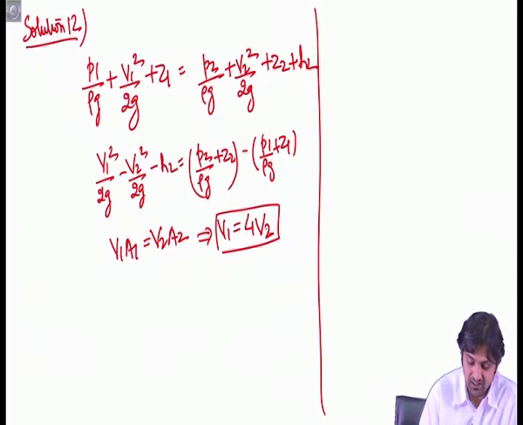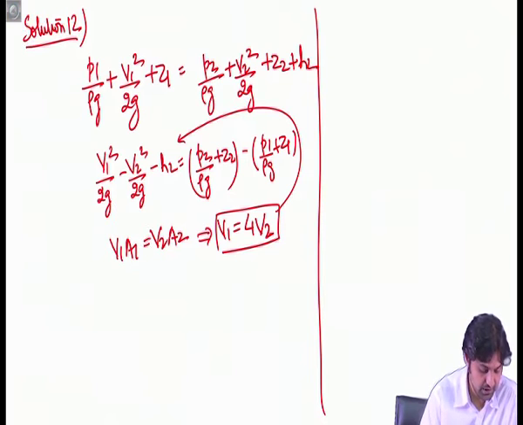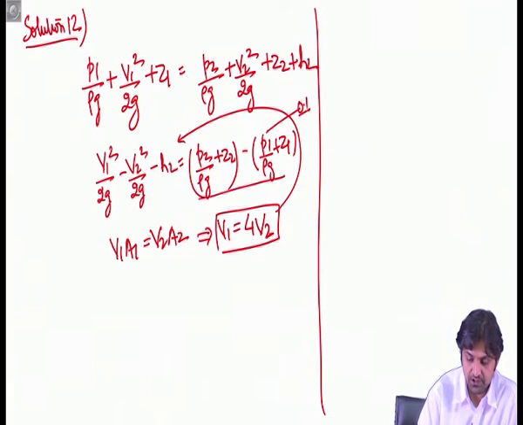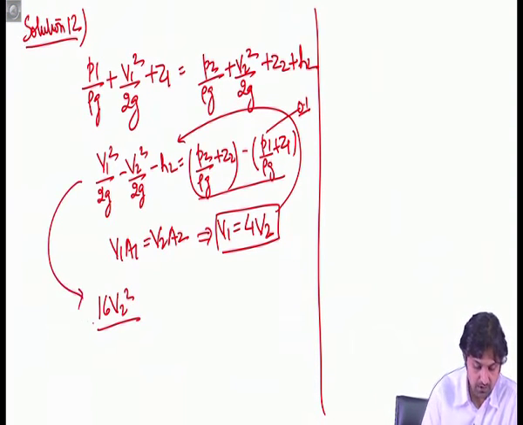All right, and if we put this in these equations here, and we also know that the HGL rises by 0.1. Therefore, this will become 16 V2 square by 2g minus V2 square by 2g is equal to